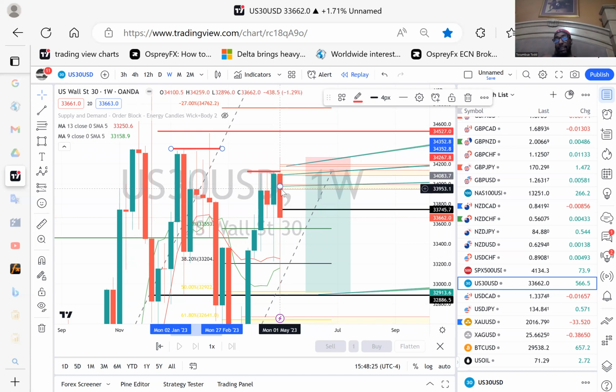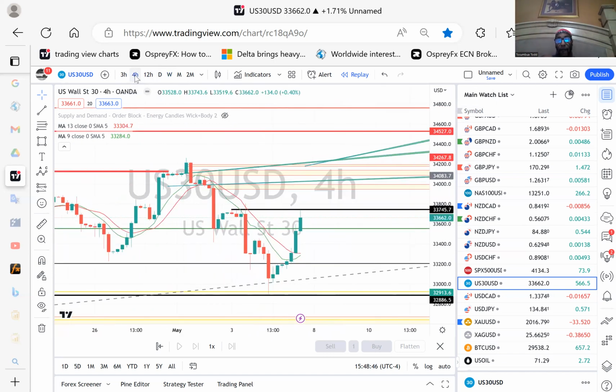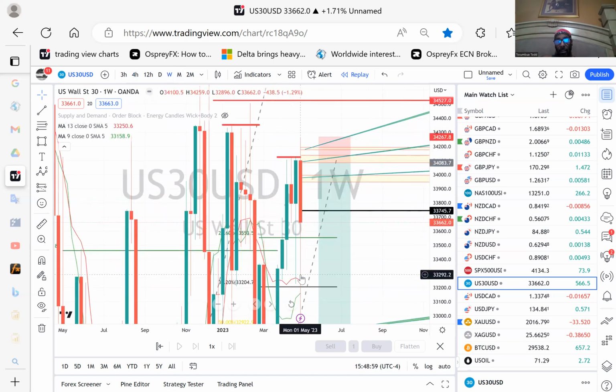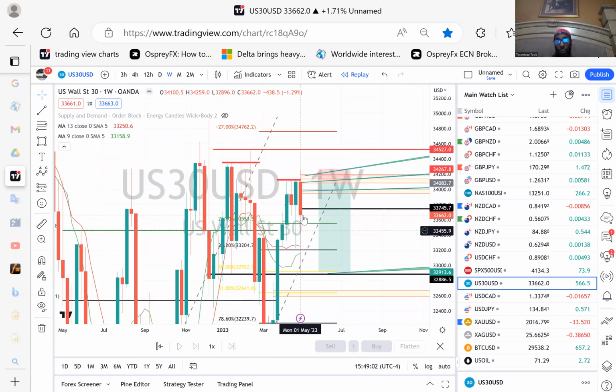So those are the ICT concepts. And you might ask, well, Todd, how do I know how far it's going to go? You drop down on the chart. Once I see from this weekly time frame that I have a bearish order block, right? I can drop down 2 time frames, not the daily, but the 4-hour. And on my 4-hour, right, I'm expecting the pullback to be 50%, right? So if I measured this weekly candle, if I put a Fibonacci from this wick to the lower wick, it's going to show me where my pullback areas was, right? And what I came out with was